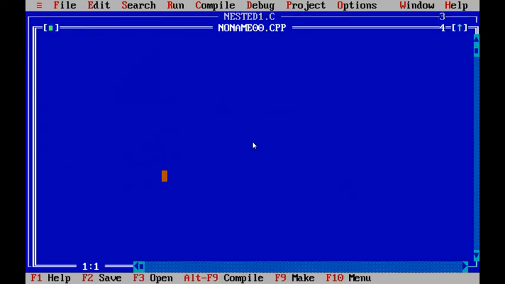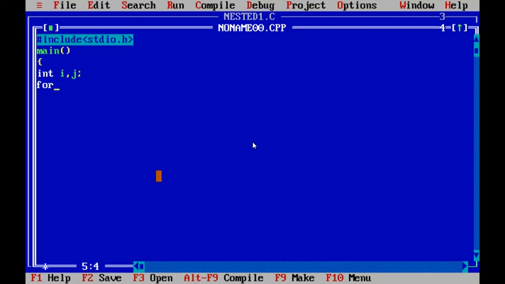Type the program: hash include stdio.h. main, the beginning of the C program. int i comma j, declaring the integer variables.